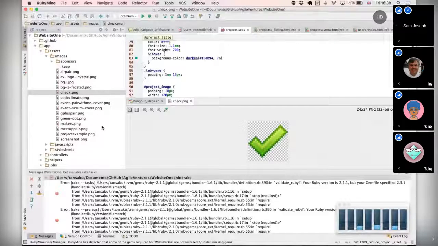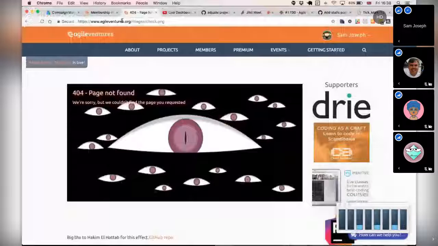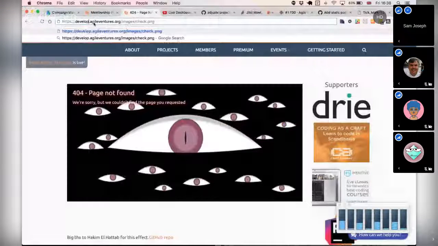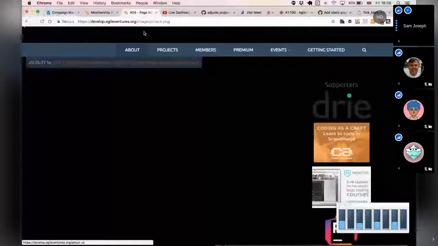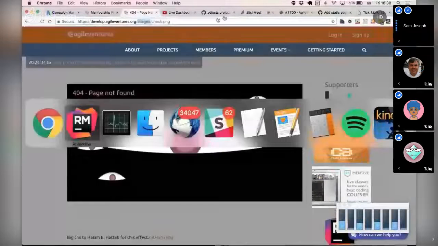I guess we could check, is that on the develop server? Where is the Rails image directory?